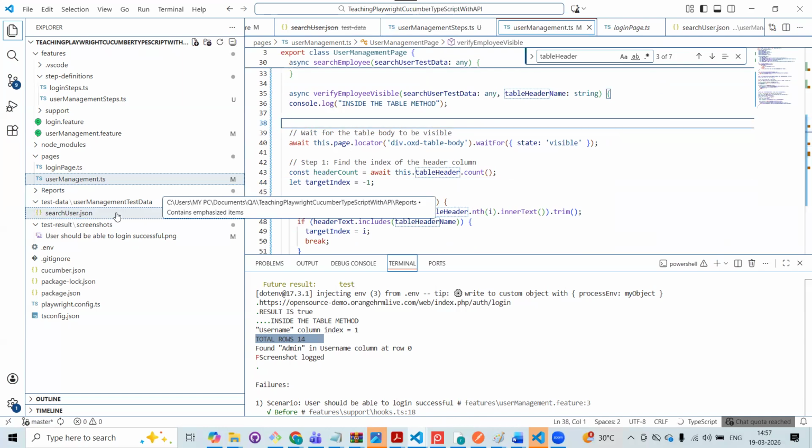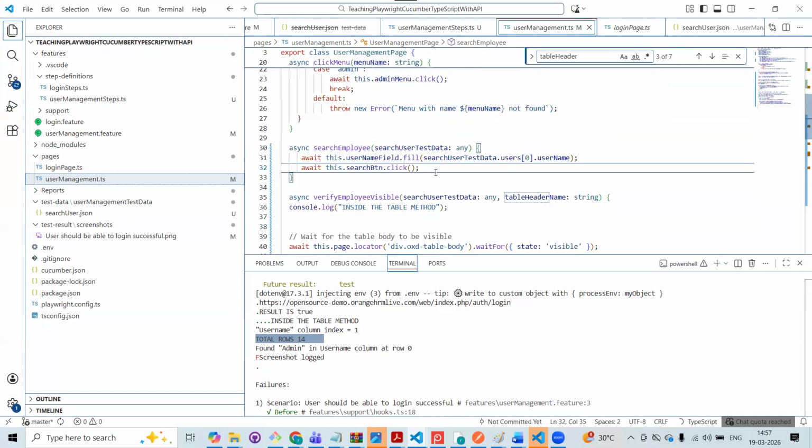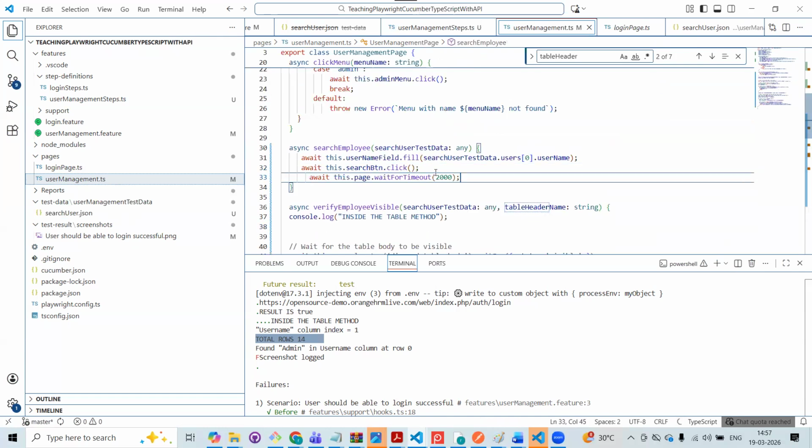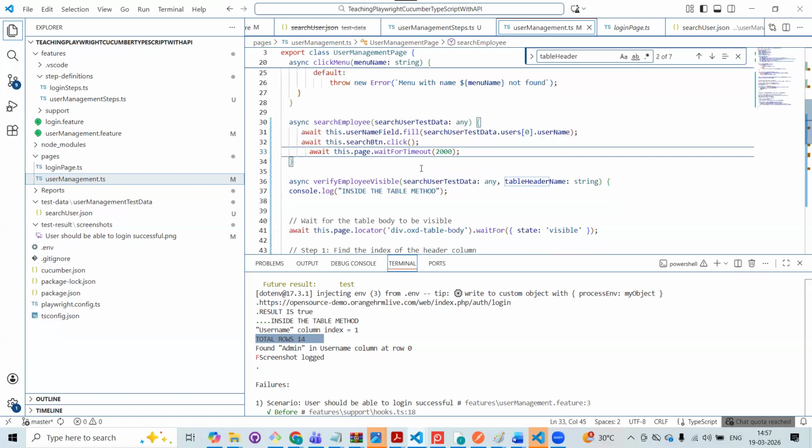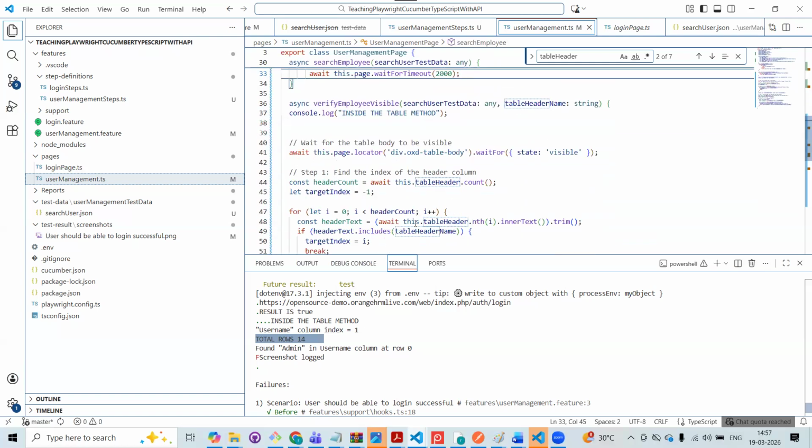Maybe not here. Where am I searching? I'm searching here. Anyway, it does not matter because according to the flow, it will go there only. But let's say after I search, I'm going to wait for 2 seconds. In that 2 seconds, the table is going to get loaded. Okay, let's try now.